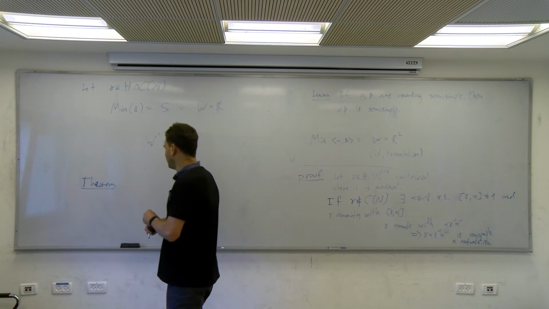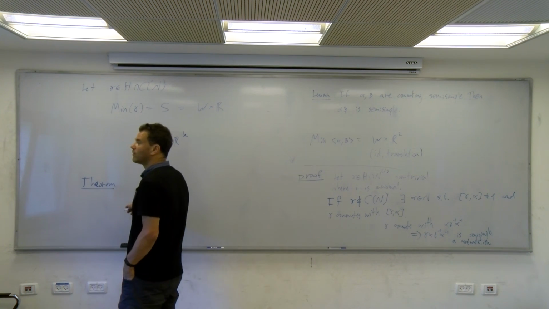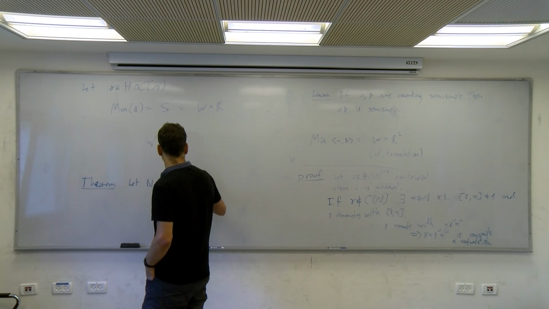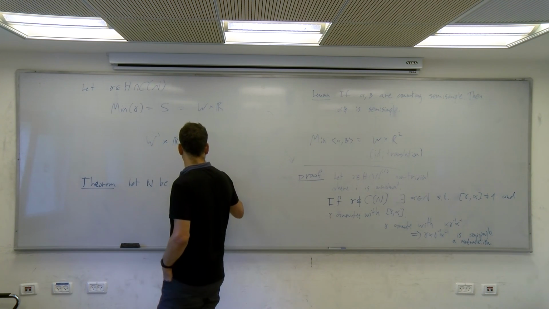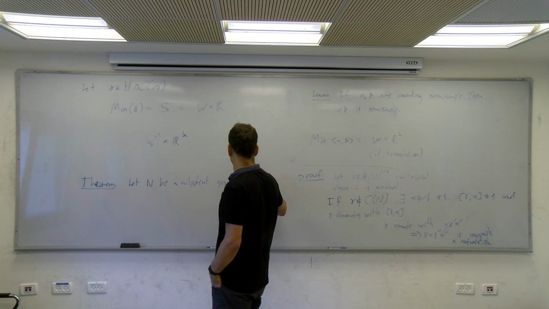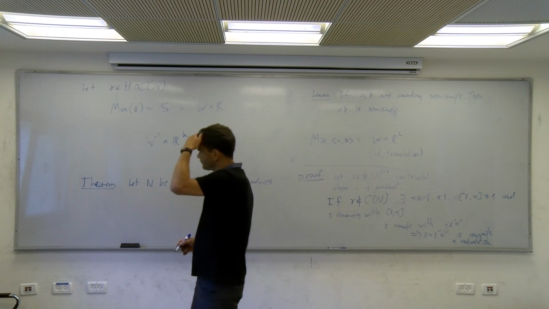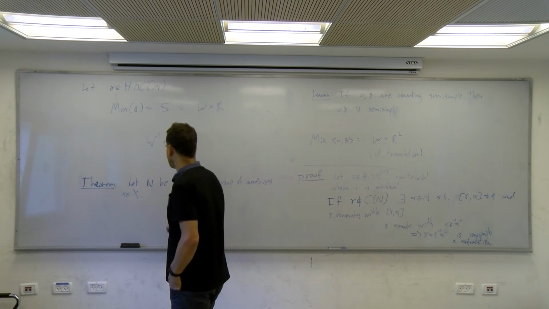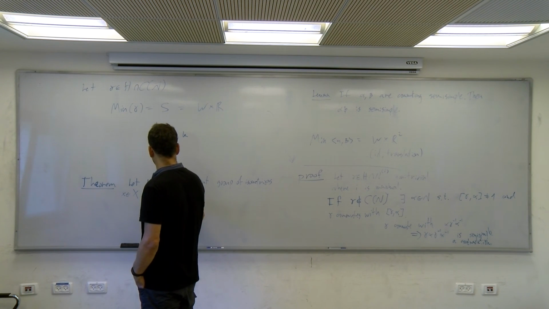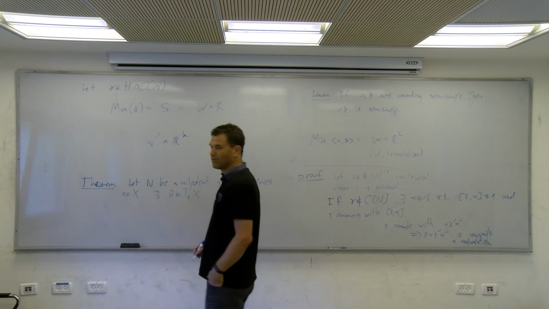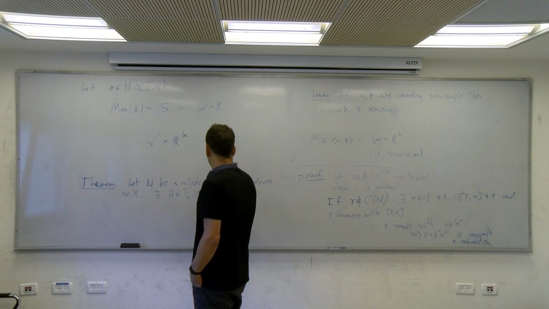And the theorem is the following. Let N be a nilpotent group of isometries, and let x be a point in X, then there is some direction in the tangent space such that